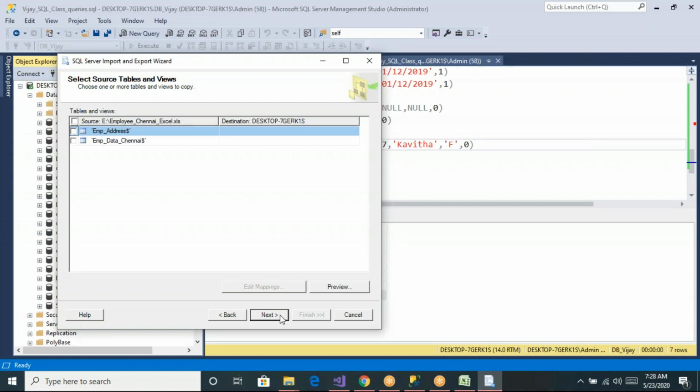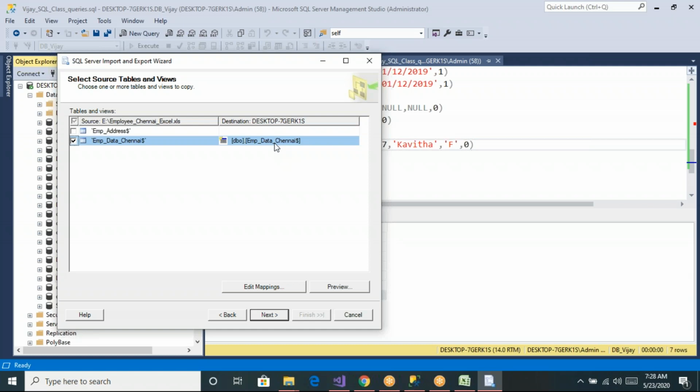Now here you can see, in our source Excel file, we have two Excel sheets. Now you can see we are able to see those two Excel sheets here, and these are the sheet names. And you want to load these two sheets into SQL tables. Now, what is the name of the table, with what name will it get stored? If you select this particular Excel sheet, whatever the sheet name is, with the same sheet name it is going to create a table in our database as the table name.